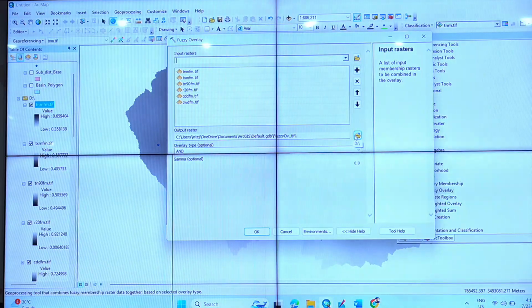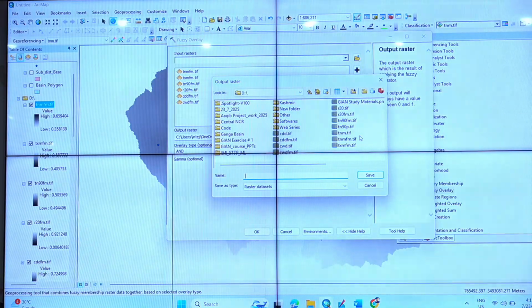And then you give the output. Is anything visible through the glasses? Therefore I am saying, come forward. And then this will be the final output layer. Last, I say vulnerability underscore bias, dot tiff.